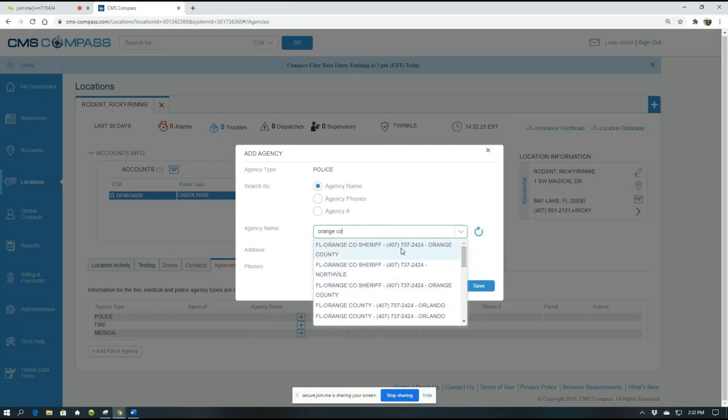Now, I don't know for 100% that these guys respond to my address, 1 Southwest Magical Drive. So what do I do? Do I select it and just hope for the best? Probably not the best thing to do. So dealers have to do the exact same thing that our dealer support people do. If our dealer support people aren't given the correct agencies or the agencies from the dealers to do data entry, what we would do, and what you'll have to do, at least till you get used to all your agencies, is pick up the phone and call